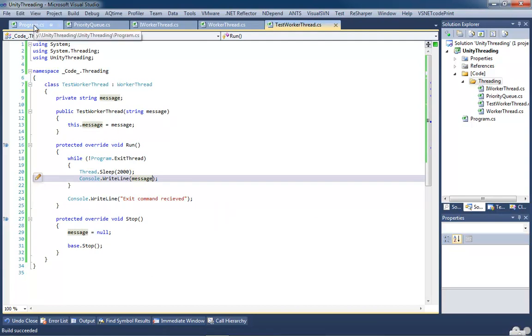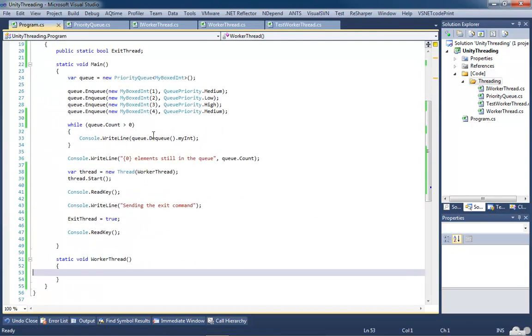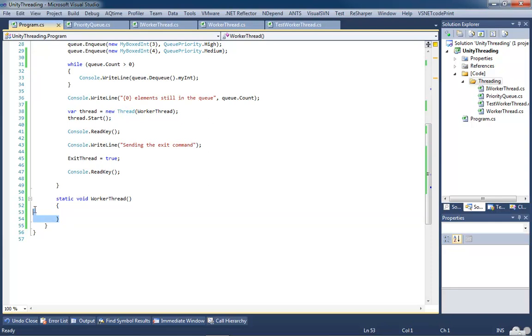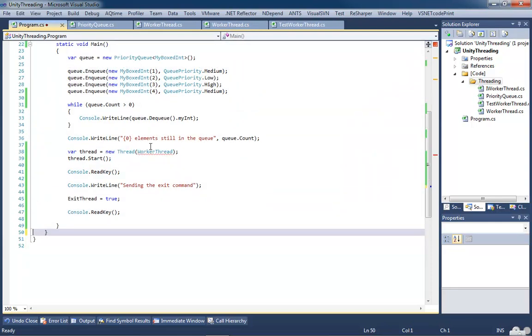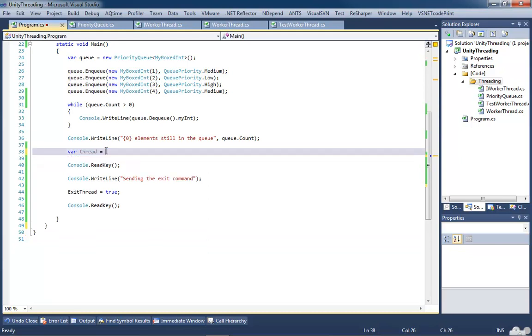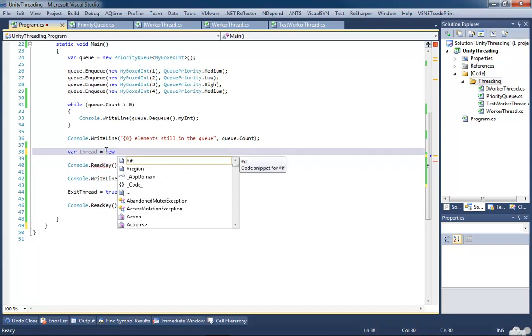Now inside of program, I can get rid of this worker thread because we don't need it anymore. Don't need that method, which is going to give us an error here, which I expect. So I'm going to delete that. Now here, this is where it gets a little bit different. So new